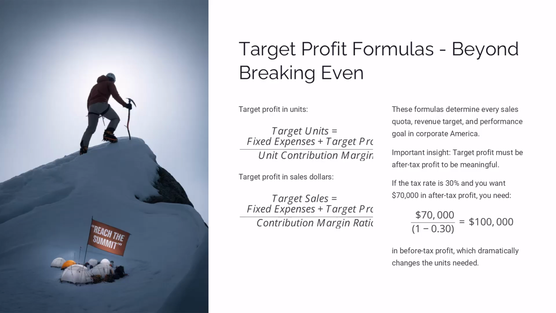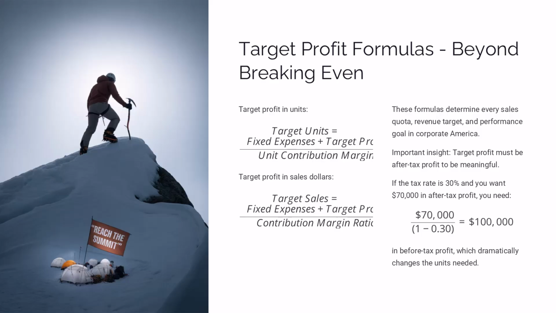Think about planning your post-graduation life if you want to save $10,000 in your first year while having $30,000 in fixed living expenses, and your job pays $60,000, giving you $5,000 monthly gross with $1,000 in taxes, variable cost. You have $4,000 monthly contribution margin, meaning you need ($30,000 plus $10,000) divided by $4,000 equals 10 months to hit your savings target, which is why most employment contracts are for at least 1 year.